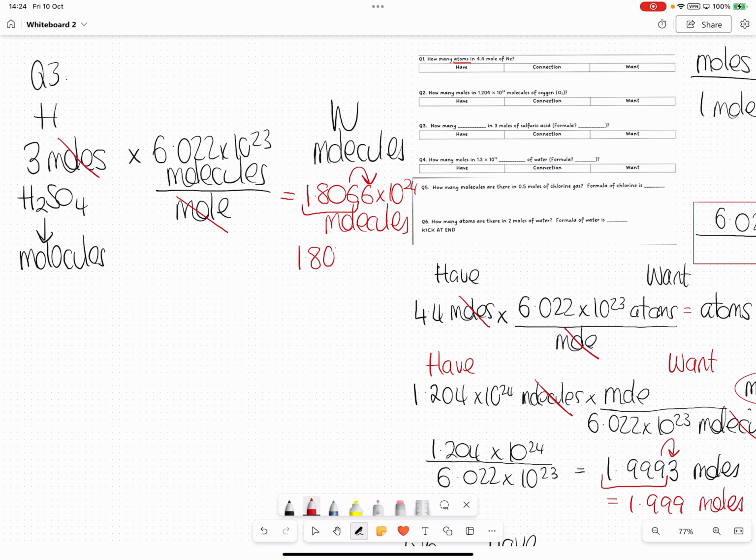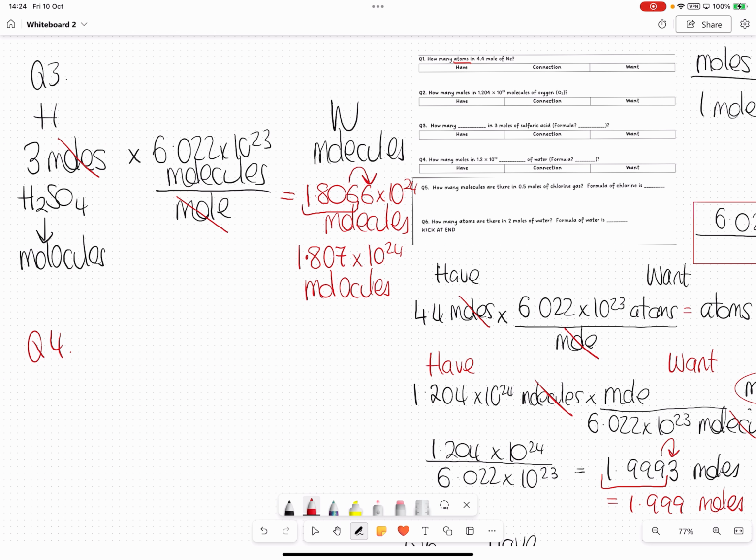That will make everything round up to 1. So my final answer is going to be 1.807 by 10 to the 24 molecules. If we have a look at question 4,